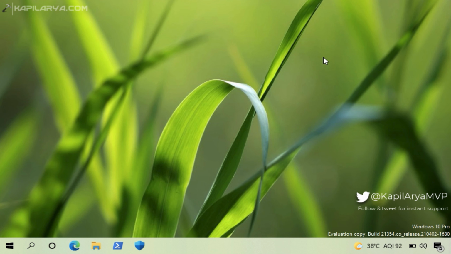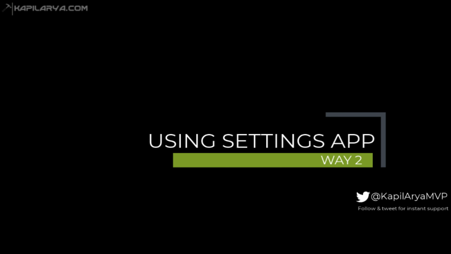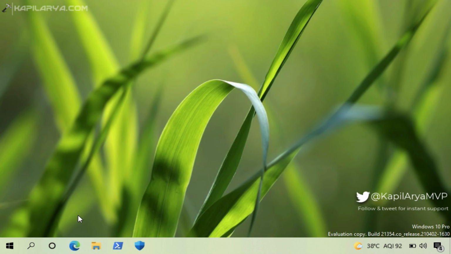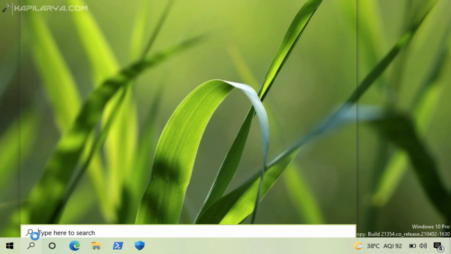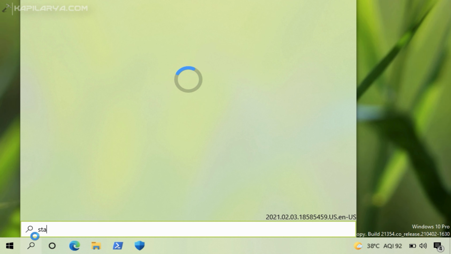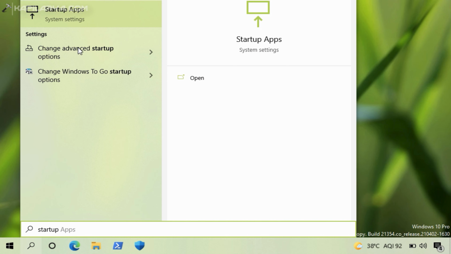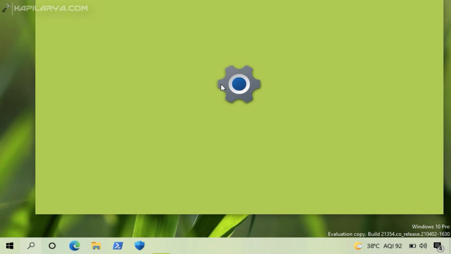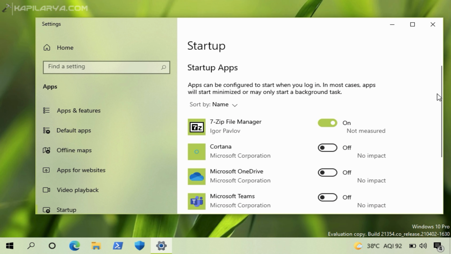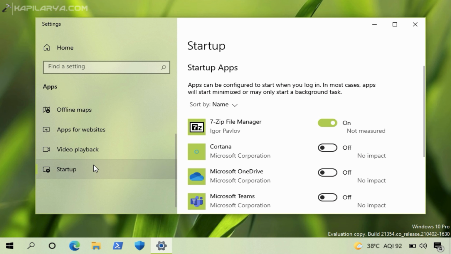Now we have the second way using the Settings app. You can search directly for startup, or you can open the Settings app and go to the Apps section, and under Apps you will find Startup apps. However, from search you will be directly taken to the startup section of the Settings app, and here you can see that we are under the Apps section.